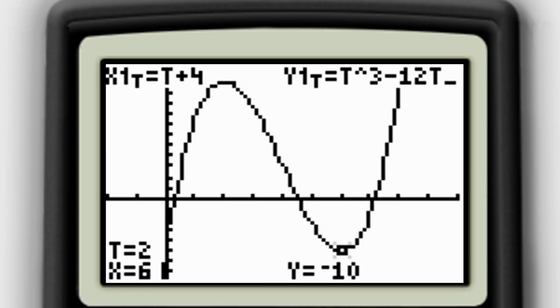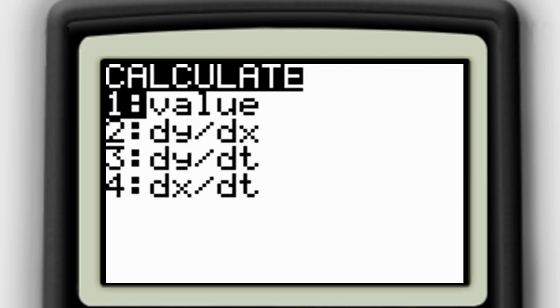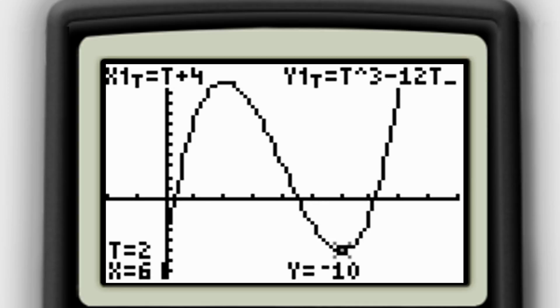Now what we want to do is confirm that the tangent lines would be horizontal, or that the derivatives will be equal to 0. We're going to do that by going into our Calc menu, and we see we have a couple of options. We can calculate dy/dx, dy/dt, or dx/dt. Since we're looking at the horizontal tangent lines, you can do this one of two ways. For dy/dx and dy/dt, you have a horizontal tangent line when either of those is equal to 0. We'll particularly focus on dy/dt. So select dy/dt,